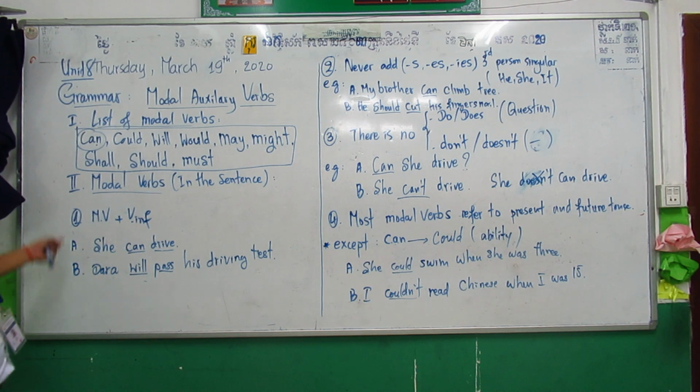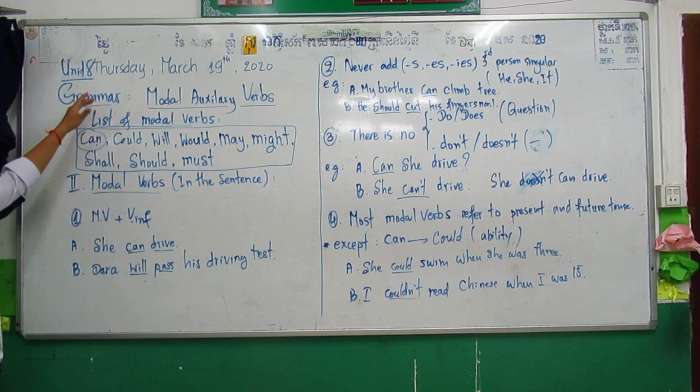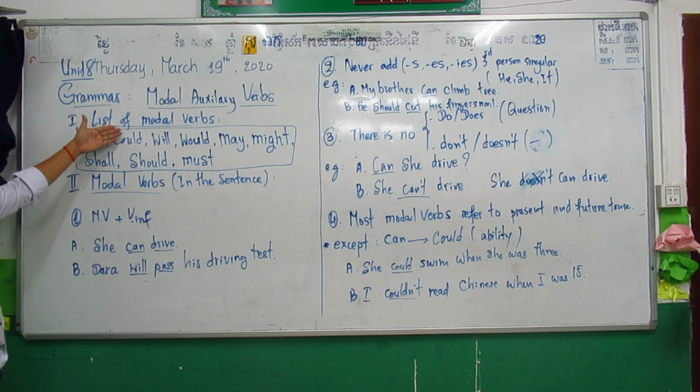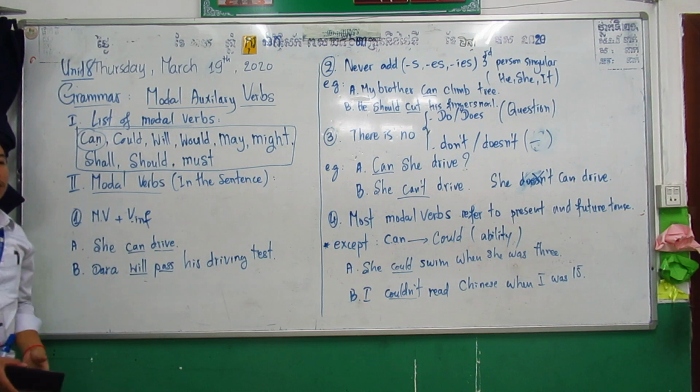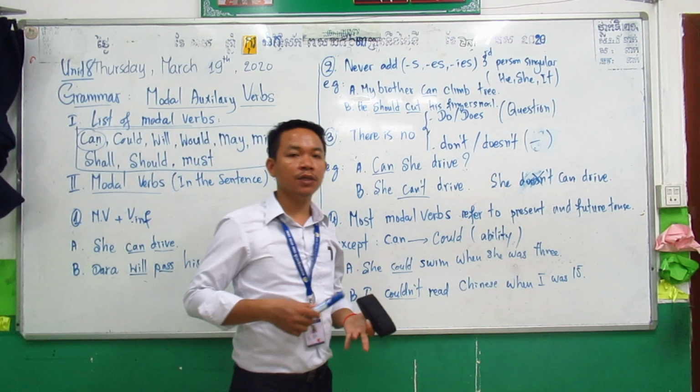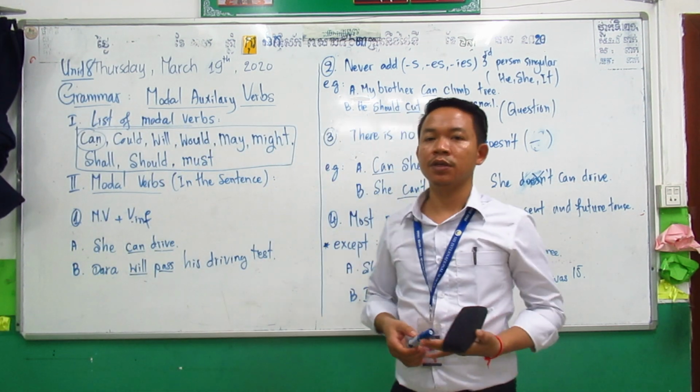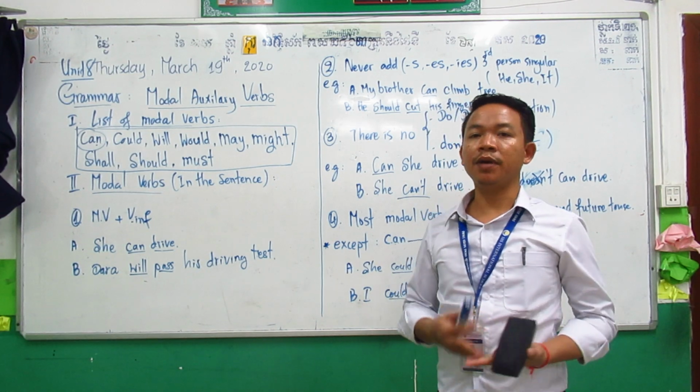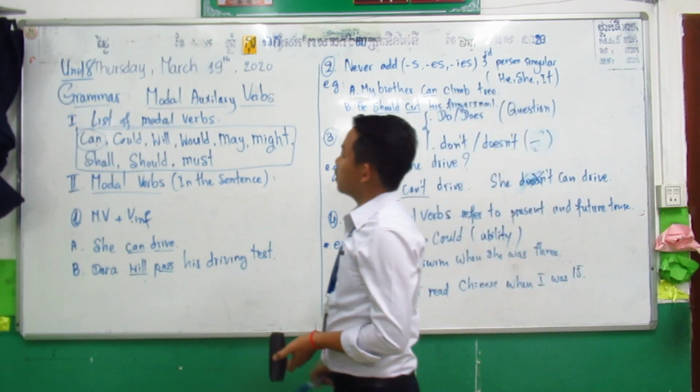So come back. Okay. So let's review before we go to practice. I want all of you to remember the list of modal verbs again. So the modal verbs are can, could, will, would, shall, should, and must. Alright. These are what we call